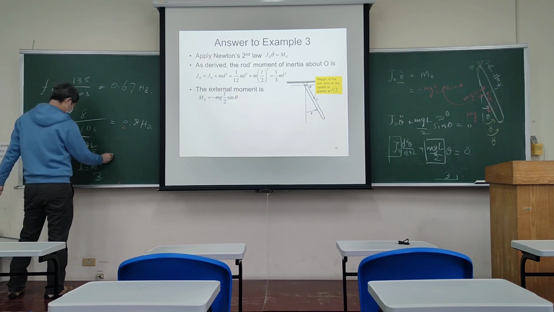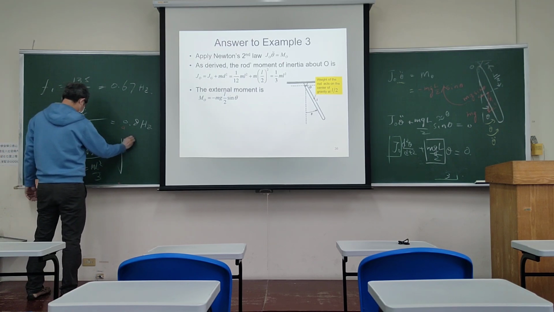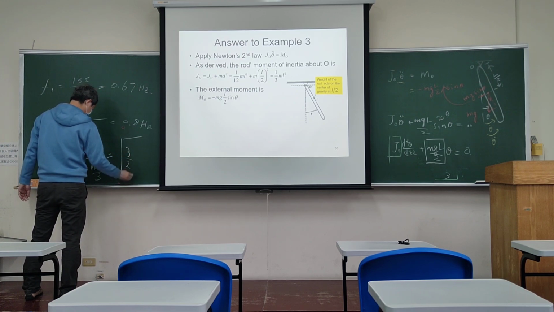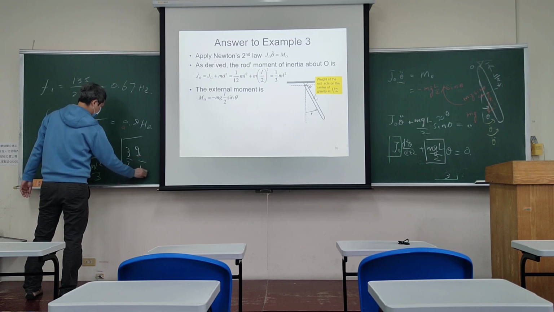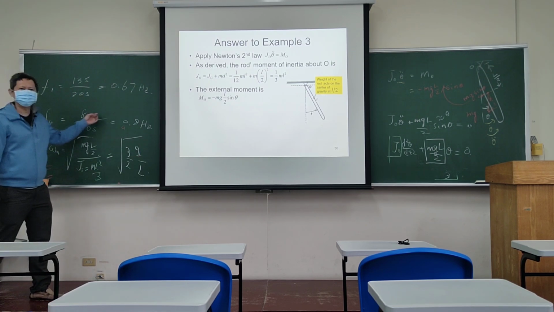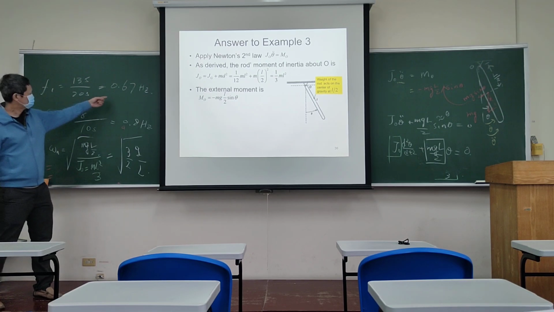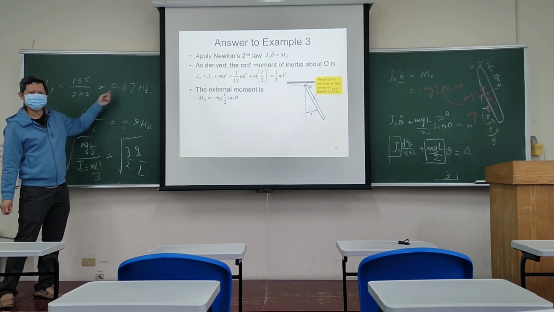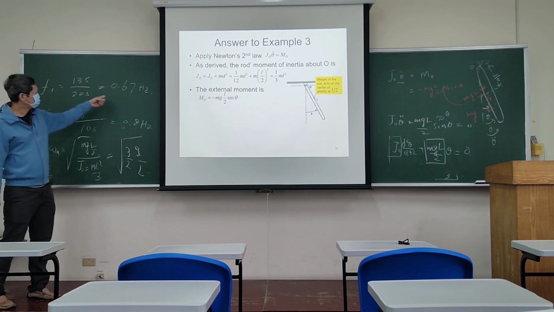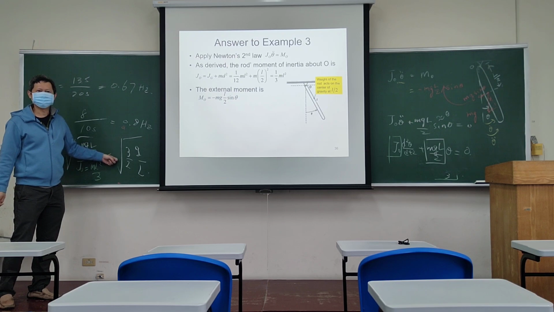So after your simplification, you have this turn out to be 3 over 2 g over L. 来，同学帮我算一下，这个比一比，这个有没有开根到2/3？